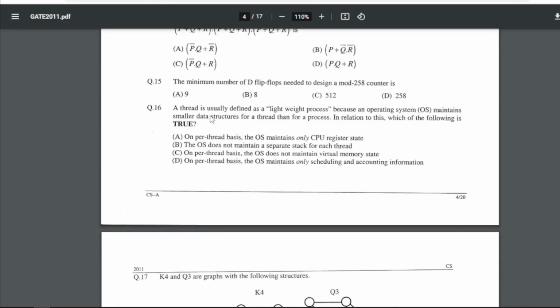16 is, a thread is usually defined as a lightweight process because an operating system (OS) maintains smaller data structures for a thread than for a process. In relation to this, which of the following is true? So for question number 16, our answer will be C, that is, on a per thread basis the OS does not